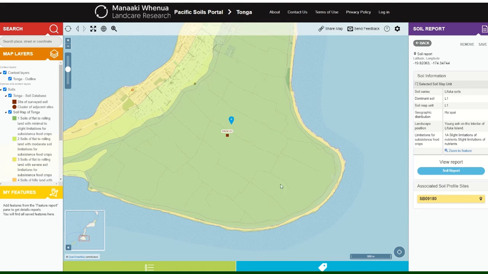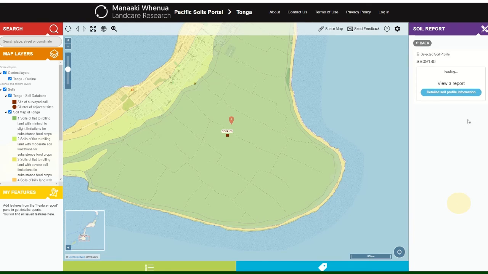We also have access to information about any soil profiles that have been recorded in the soil. In this case, there's only one, this one here. We can just click on this orange button here, and that will bring up the soil report showing us that when the soil profile is collected,